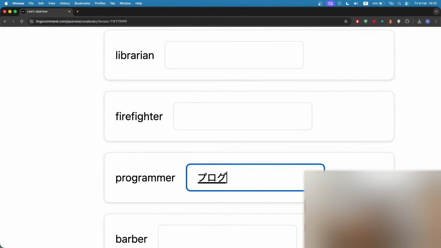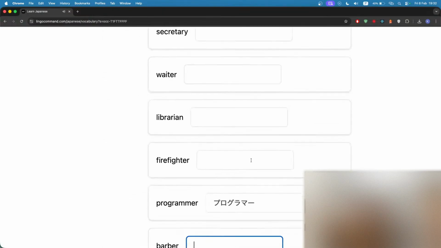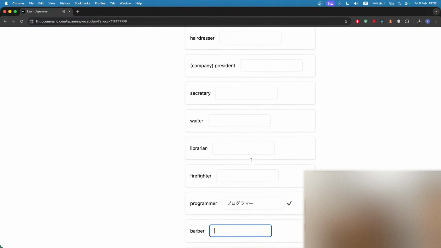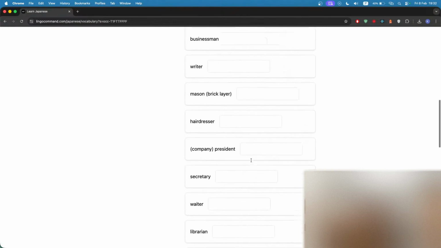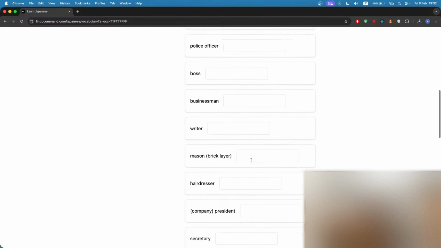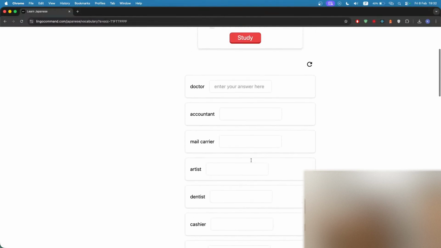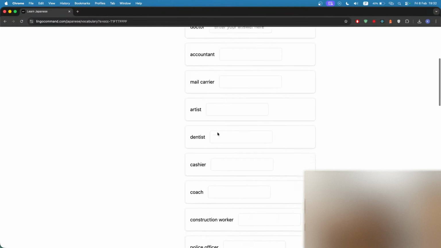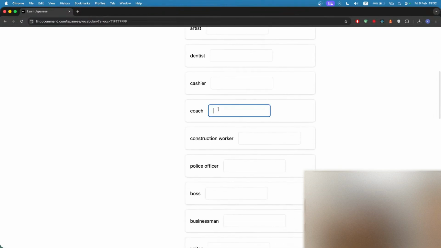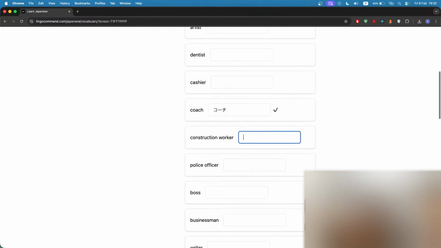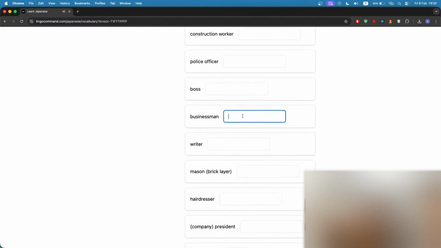Pu, ro, gu, ra, ma, extend the vowel sound. What else is there? Got writer, you got doctor, accountant, mail carrier, artist, dentist, cashier, coach. Yeah, here. So this is kochi. And then this is bi, ji, ne, su, ma,